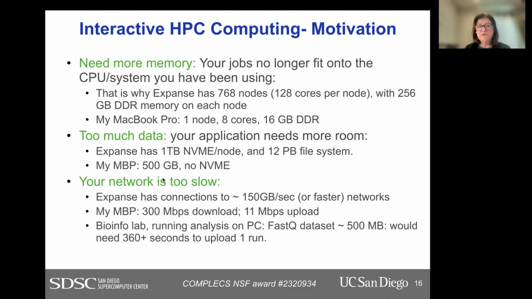So motivations include you need more memory. Your job no longer fits on one CPU node, or it no longer fits on the system you've been on. So at the time I wrote this, it's 768 nodes with 128 cores per node and up to 256 gigabytes of RAM. So these are big, all right, and getting access to them is a privilege, especially interactively. Like my MacBook Pro, for example, is one node and 8 cores and 16 gigabytes of RAM. Now I could simulate MPI code on my laptop pretty readily, but it won't scale very high. So you need more memory, you need more compute power,